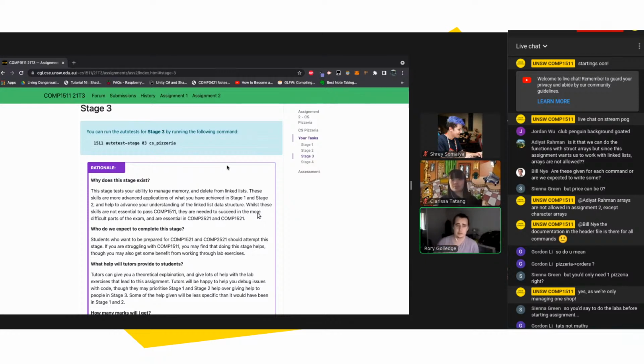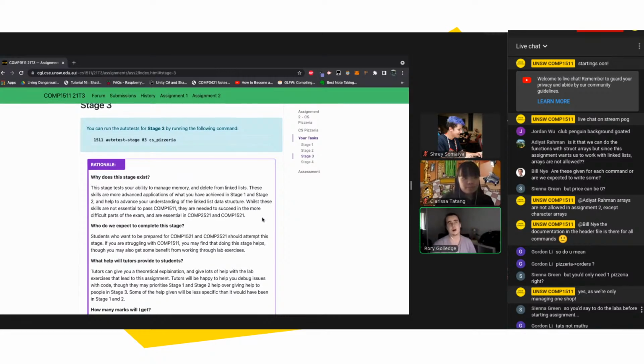So why does this stage exist? Well, this stage is actually going to be testing your ability to manage memory and delete from a linked list. It hasn't really gone over too much yet, but when we have something like a linked list, one of the really good things we can do with them is delete things that are in the middle of them or at the end or at the start. And so we're going to be testing your ability to do that, as well as using the free function for things that are malloc'd. So if you remember, when we use malloc, we're allocating memory for us so we can